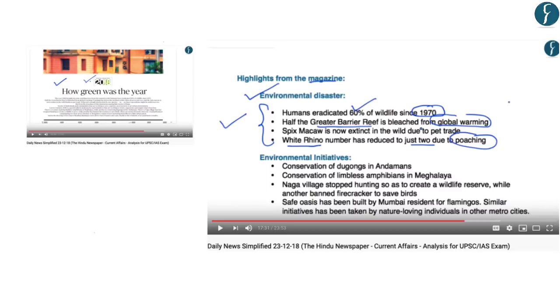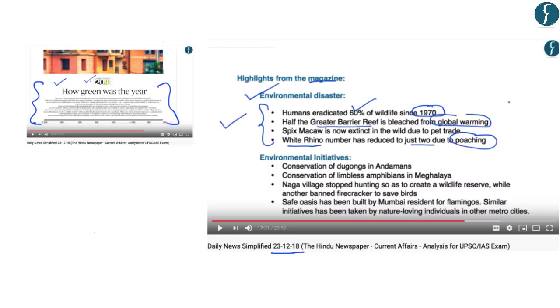And that is mainly because of the death of the zooxanthellae algae because of global warming. So that was the first part of the question. However, the second part required us to answer this question with suitable examples. So in the DNS of 23rd December 2018, we have discussed about the overall environmental review which was provided by